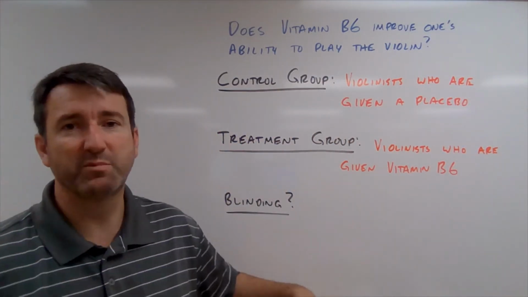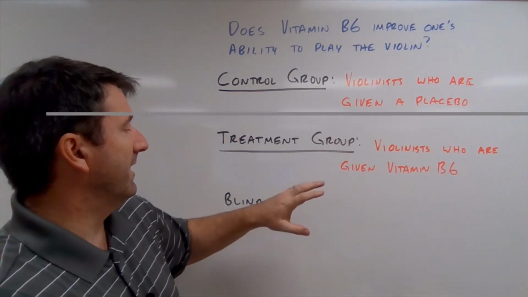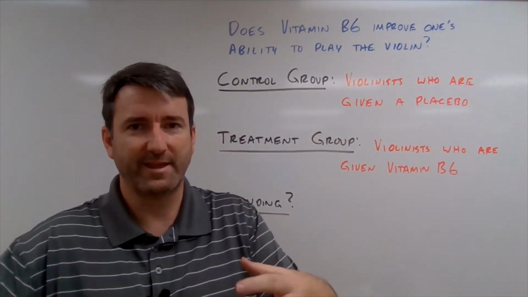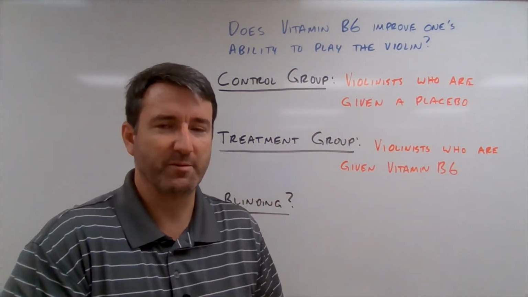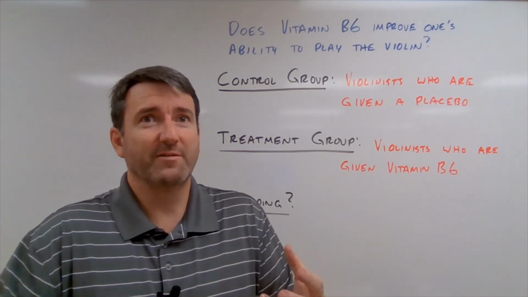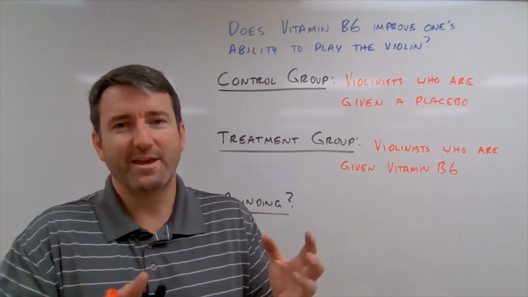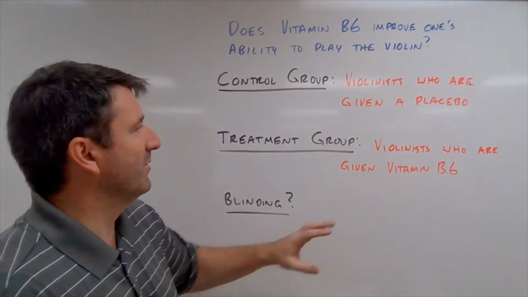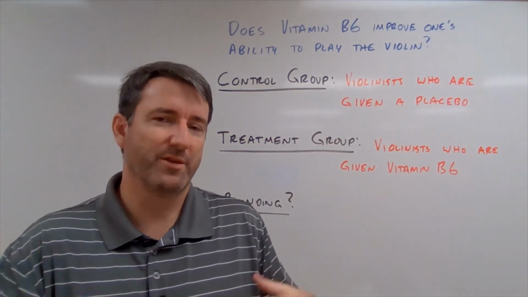Okay, so now is blinding necessary? Well, yes, blinding would be necessary in this experiment. And we can see we've given the control group a placebo in order to facilitate that blinding so that these violinists don't know whether they're in the treatment group or the control group. And that's going to be important because if they feel like they've been given something that is supposed to help them play the violin, they may unconsciously play a little bit better. And we want to eliminate that by not letting the participants know whether they're in the treatment group or the